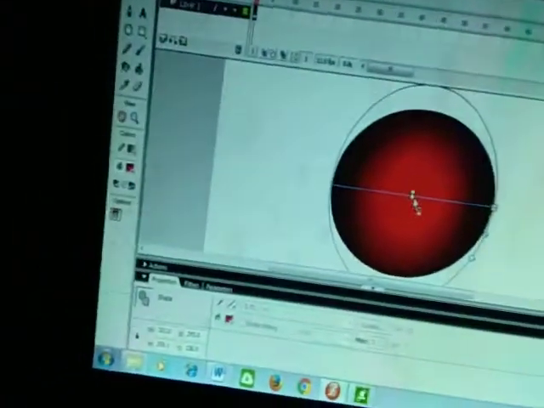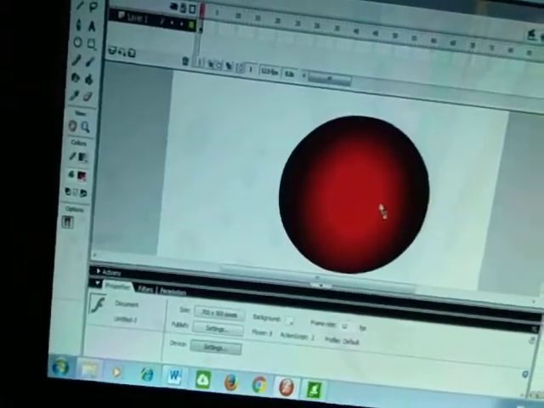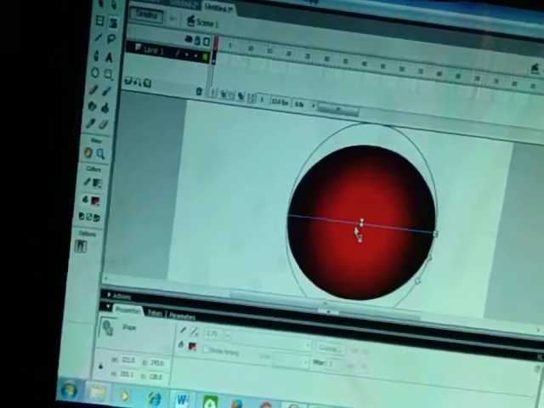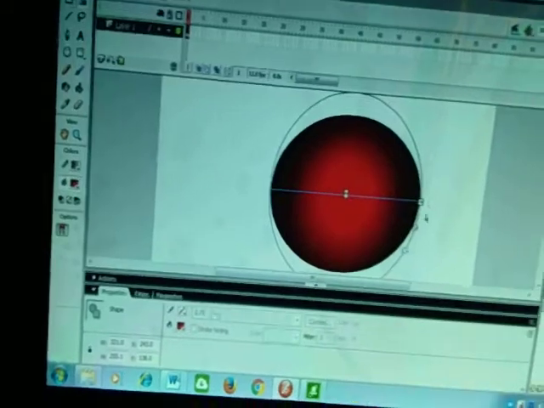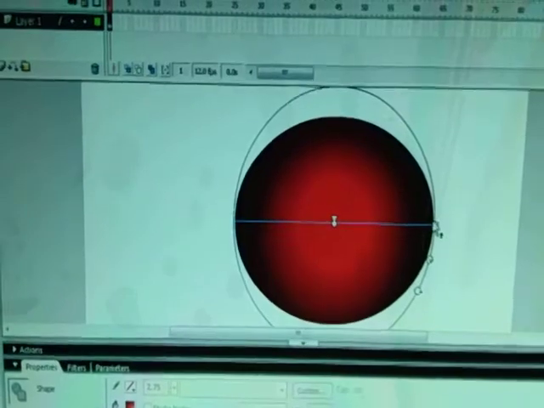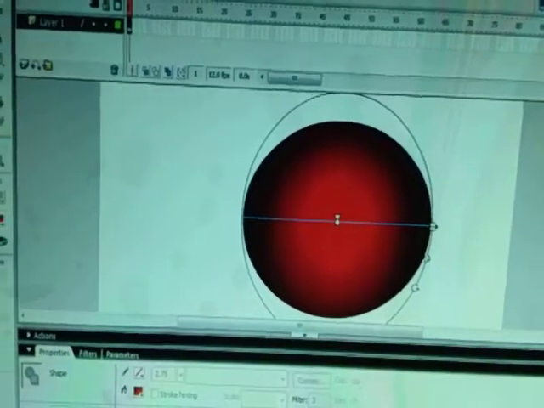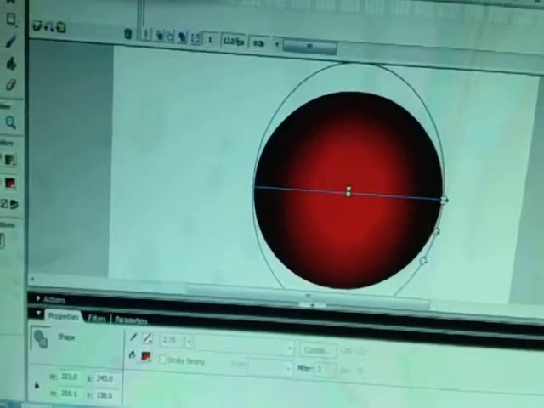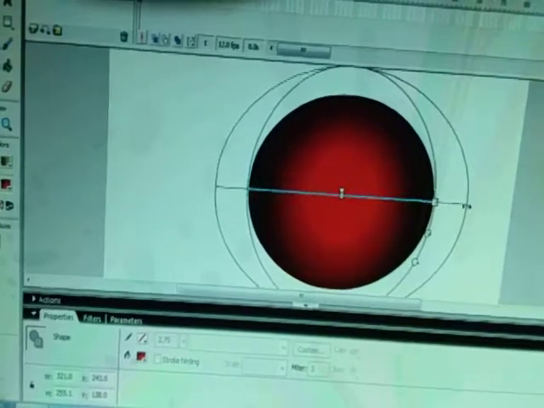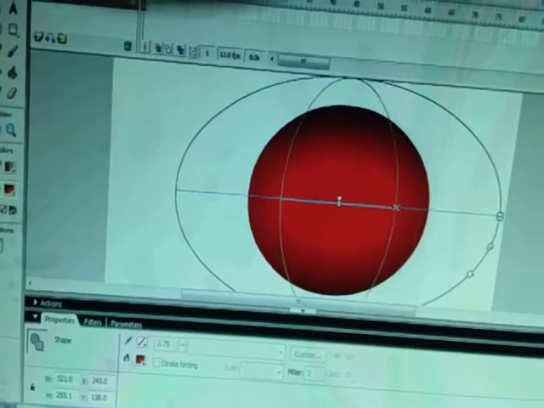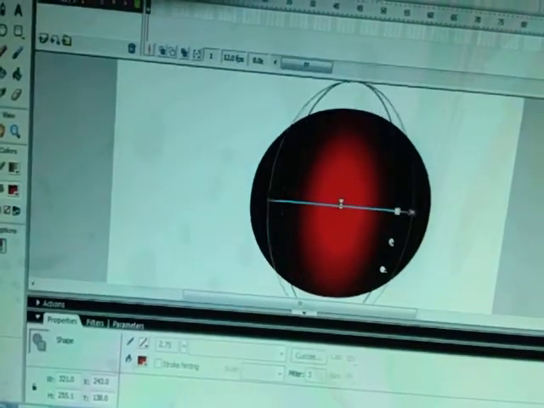Now these are the radial. How to bring that tool? Simply click on the gradient tool and then click inside the object. Now you can see there are given a state. When you put your mouse over that icon, that control handle, it will show a double headed arrow. Now you can increase this, so the darkness goes out, and if you make it close, the darkness will come near.